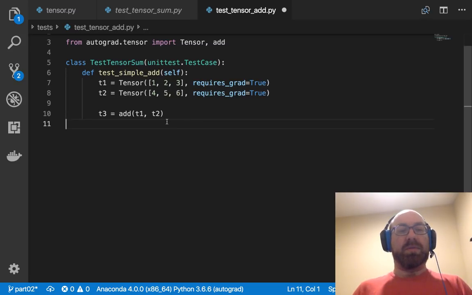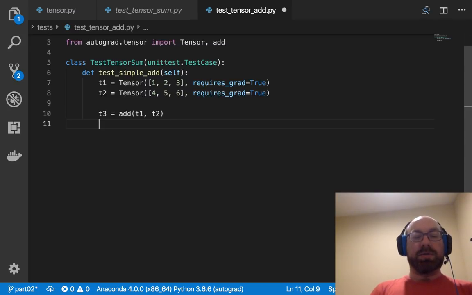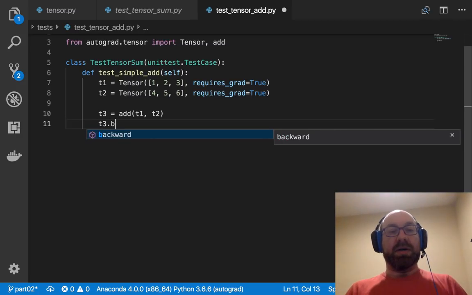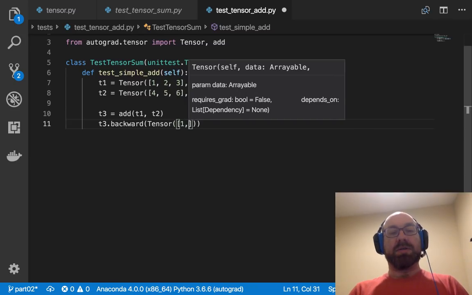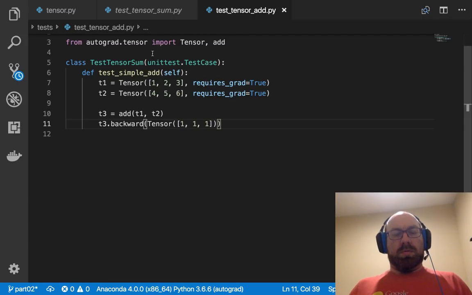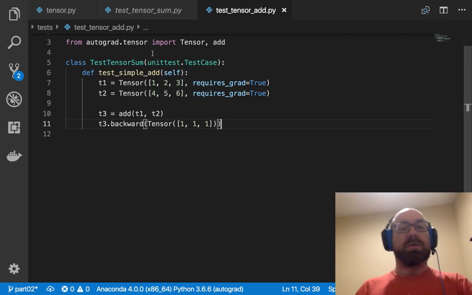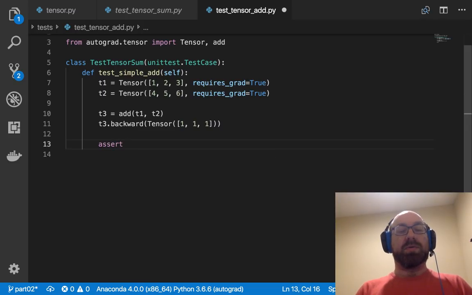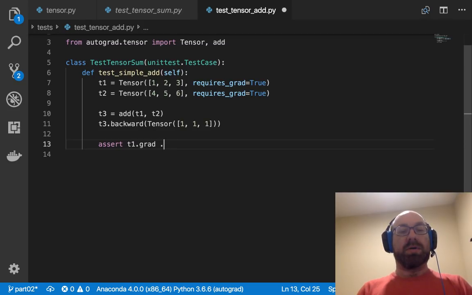Should I do that now? No, I'm not going to do it now. And now I can say T3.backwards, and because it's not a zero tensor, I have to actually say what I'm doing backwards. So I'll just say I want to go backwards 1, 1, 1, and then I want to assert that T1.grad.data.toList